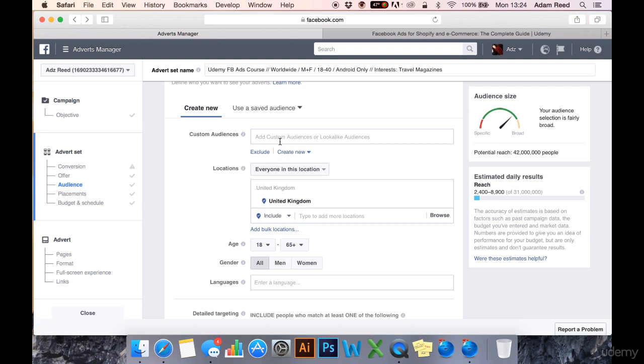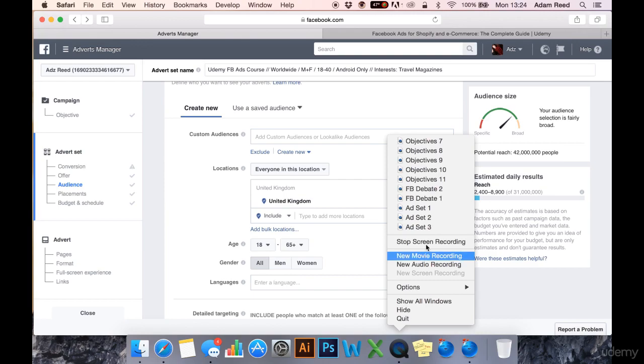Again, I wouldn't look at using these just yet unless you entered this course knowing specifically, I want to know about custom audiences and lookalike audiences, in which case skip to the custom audiences and lookalike audiences section. If that's not you, simply carry on with the course and we will get to that